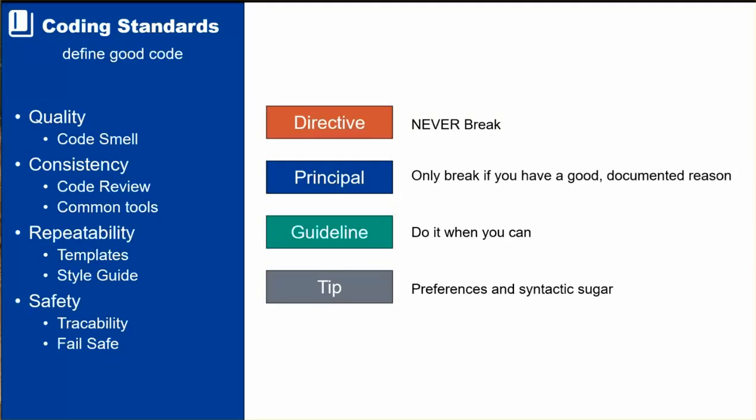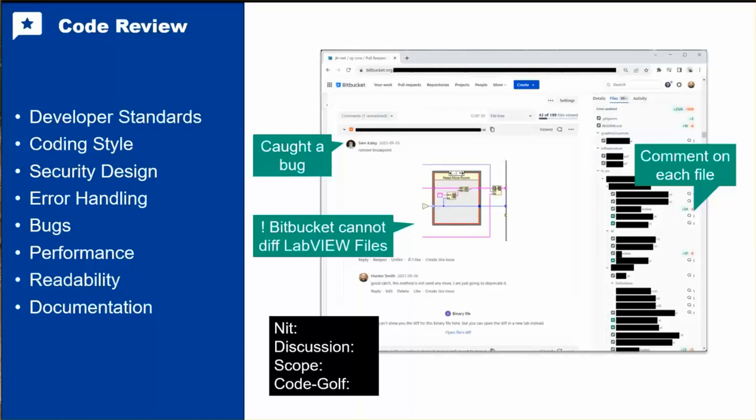But you can come up with principles and designs. There even is an exception for creating infinite loops sometimes. And so you do have to find, let's lay out the rules. Let's get it written down. If it's not written down, then it's just code smell and code feels. And so getting it documented is a good step there. And then how do you actually make sure that that's being used? And that's